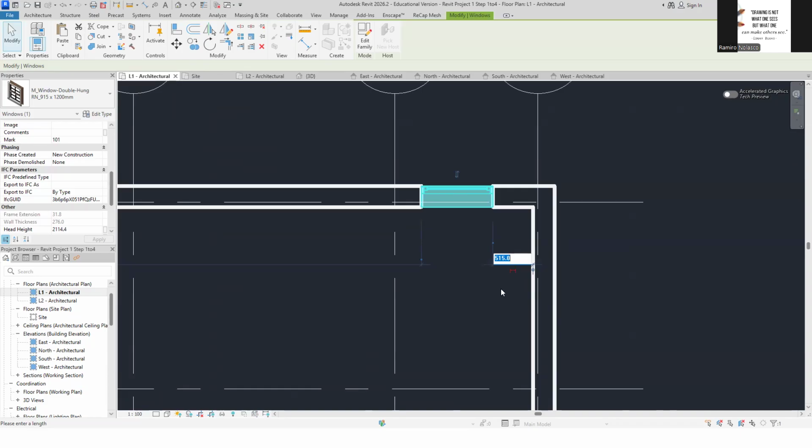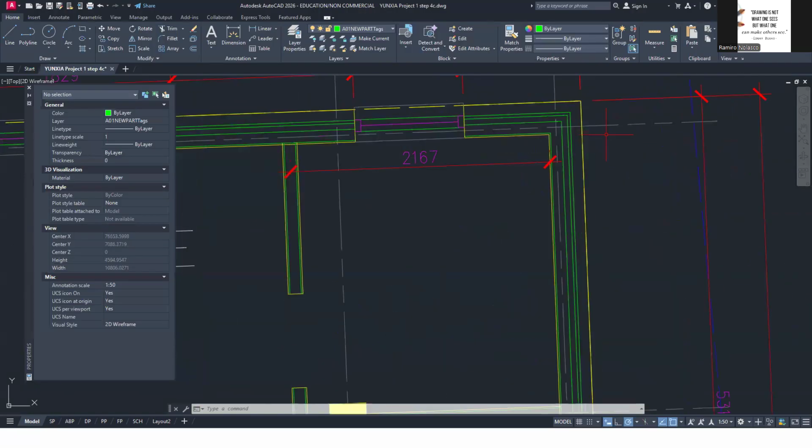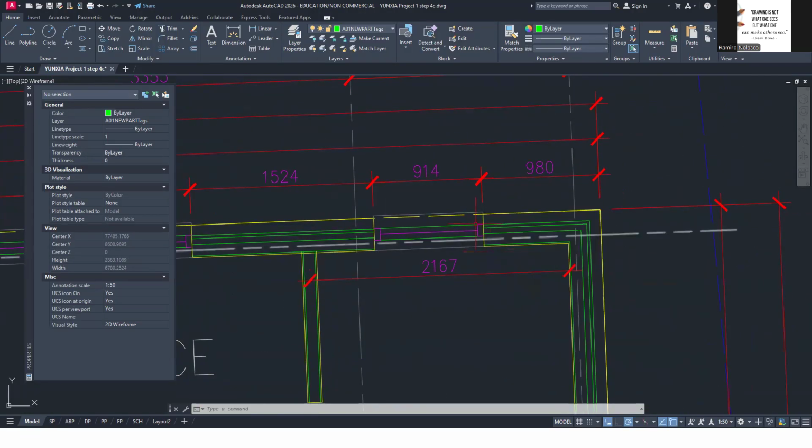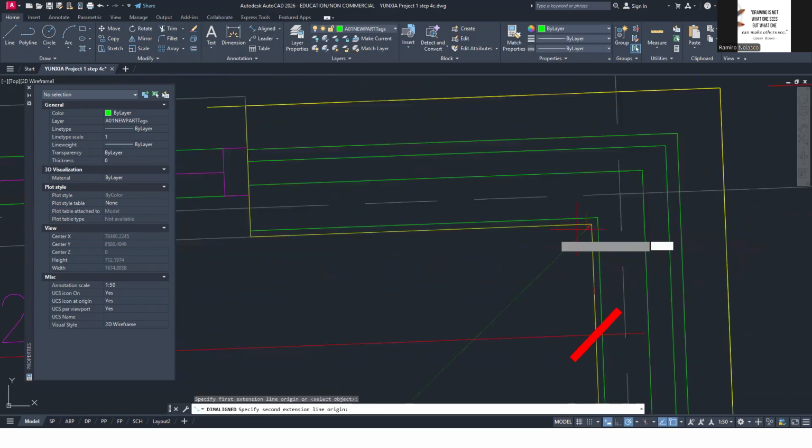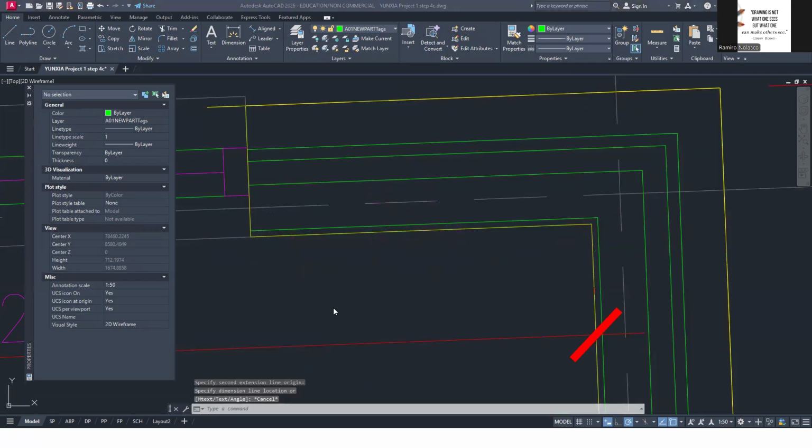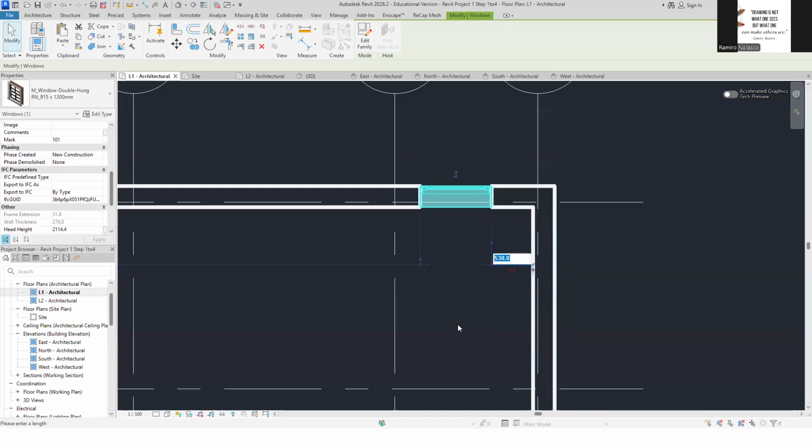Revise it. Okay? Easy. If I want to move this by 530, I can do that. 530, enter. What do we have in our drawing? What's the distance from here to there? So I can say linear, aligned, distance from here to there is 704. Okay? So I can do this, select that, and say 704. Enter.